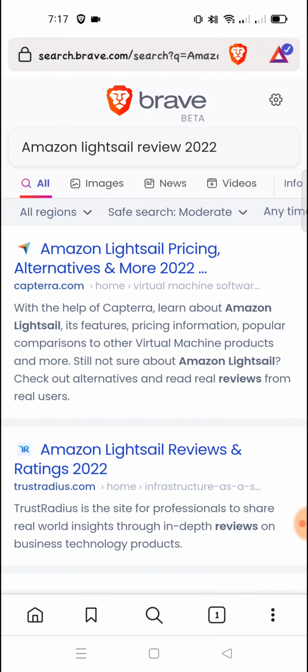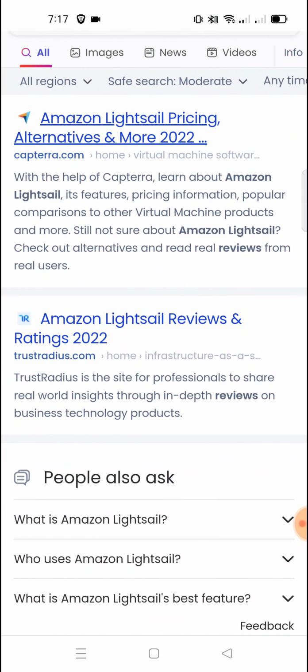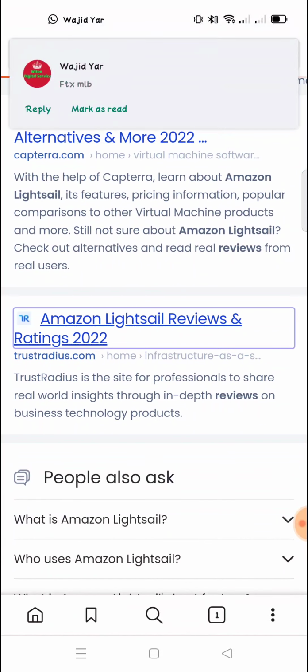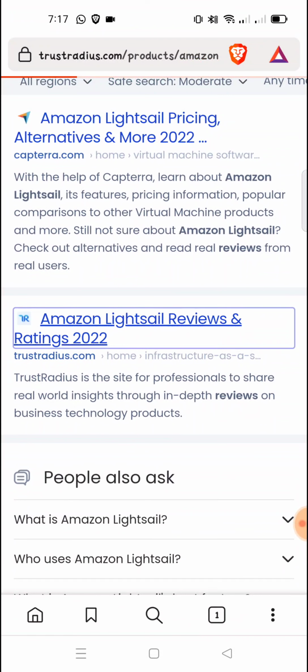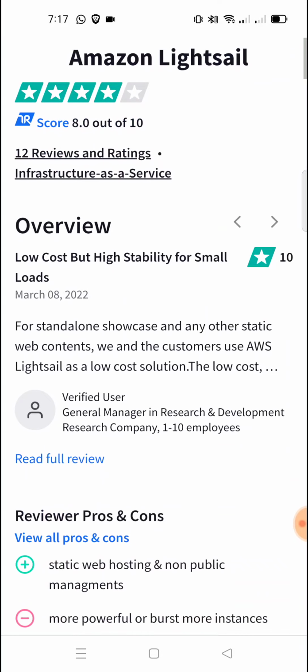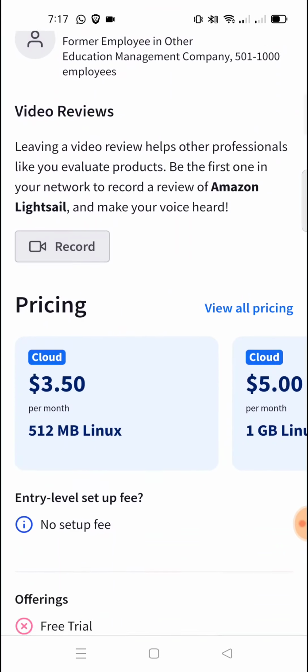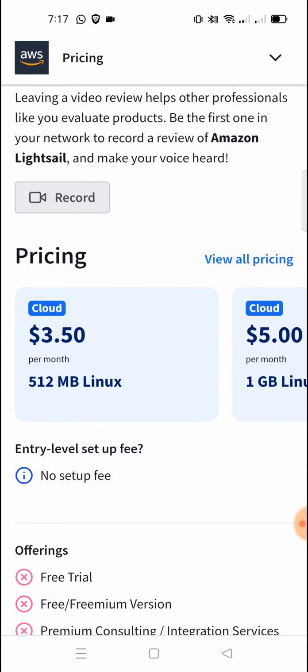Amazon Lightsail pricing, alternative, and more. Everything is here. We don't visit this website. Amazon Lightsail review and rating 2020. We just visit this. Okay, just the overview. TrustRadius: Amazon Lightsail 8 out of 10 rating. Overview. So everything is here, pricing, cloud pricing $3.5